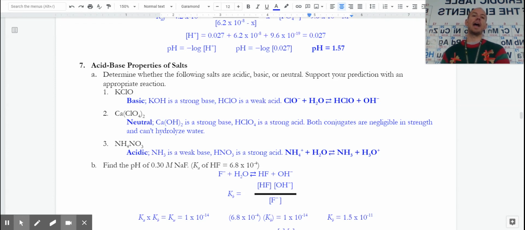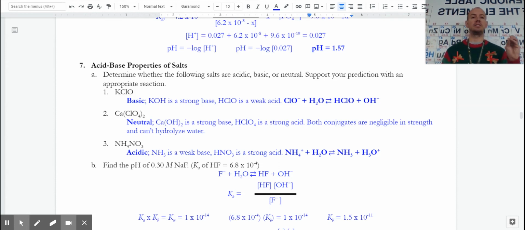So here we have the reaction that proves it. Supporting our prediction with this appropriate reaction is super important. It's become a big thing in terms of not just questions about acids or bases, but connecting it to reactions, ionic compounds, net ionic equations, even electrochemistry. So when I think about that, it is the